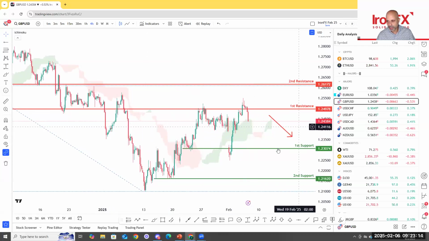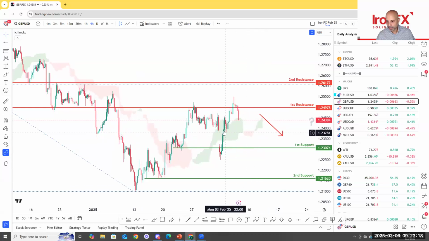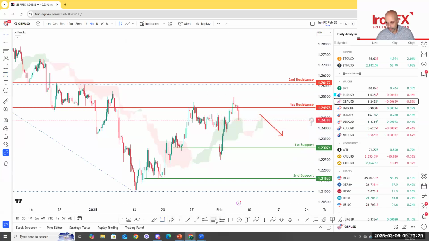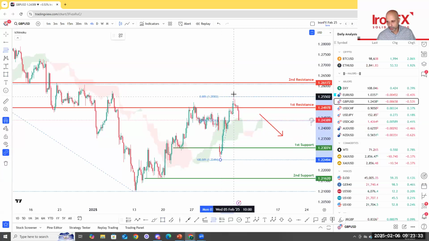I think this is pretty much okay, right? I don't think there's anything else that I would like to highlight. Perhaps maybe on this uptrend here, we can run this Fibonacci retracement from this swing low on 3rd of February going up to the swing high here on the